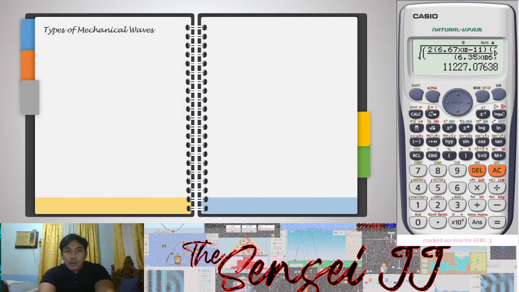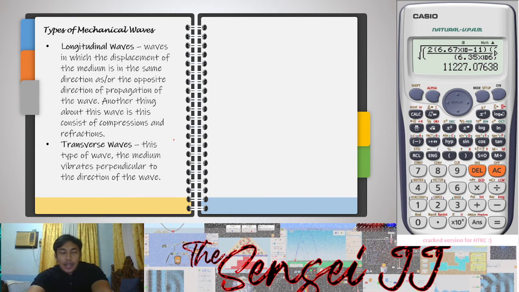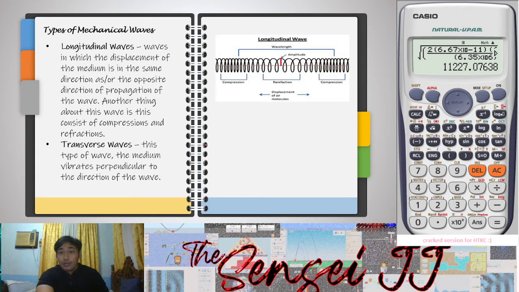Okay, so let's move on to our types of mechanical waves. We have the longitudinal and we have the transverse. So waves in which the displacement of the medium is in the same direction as or the opposite direction of propagation of the waves. Another thing about this wave is it consists of compression and rarefaction. So we have here the longitudinal waves. These are commonly seen in our radios, but this is a little difficult to interpret or to read